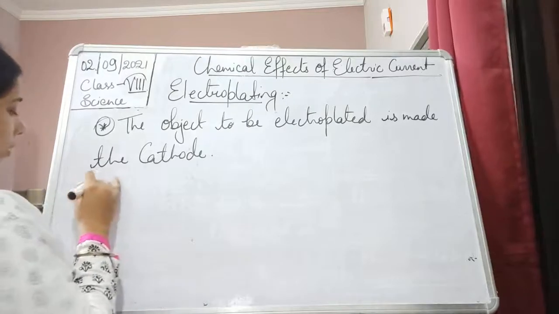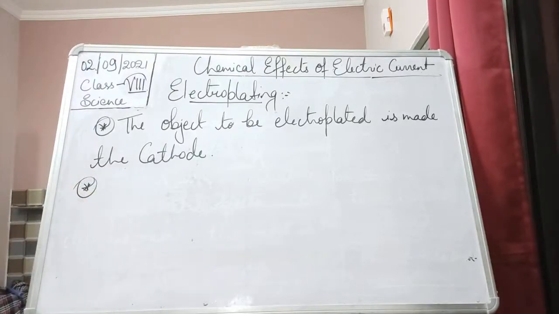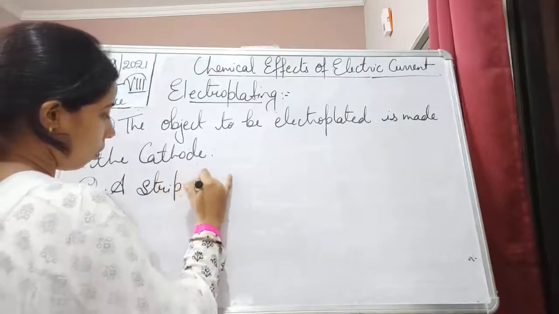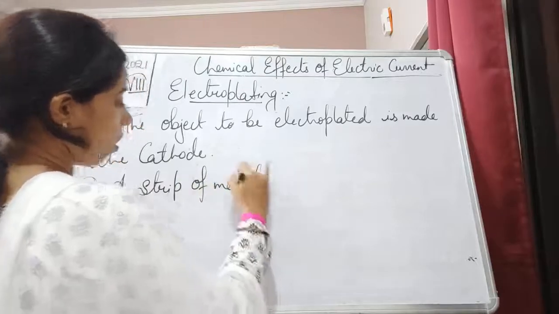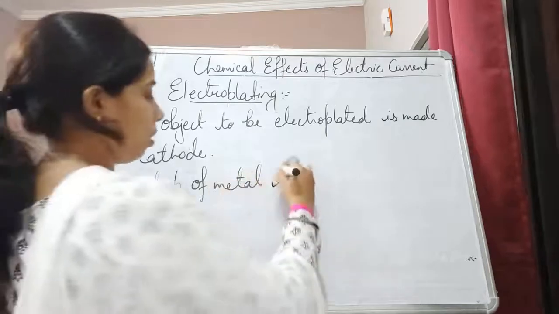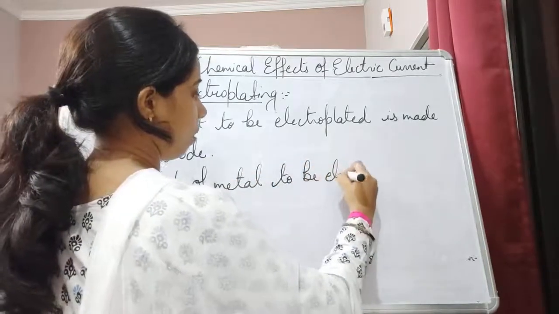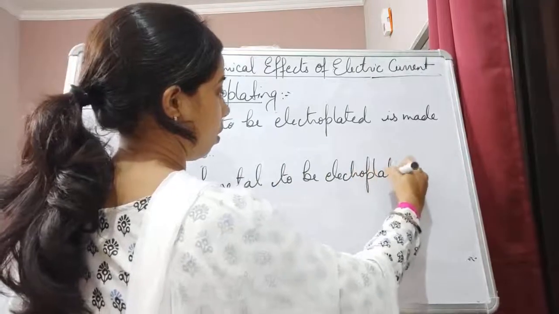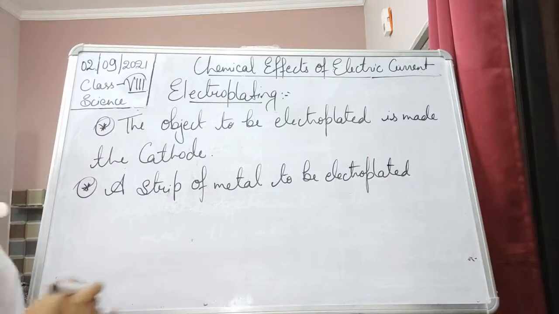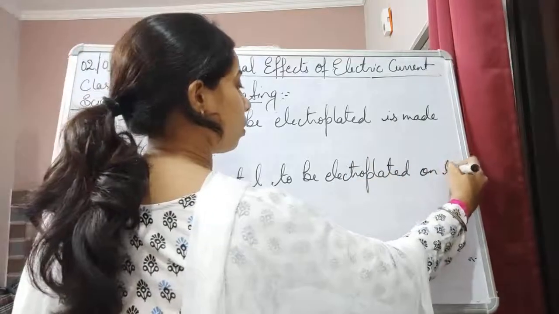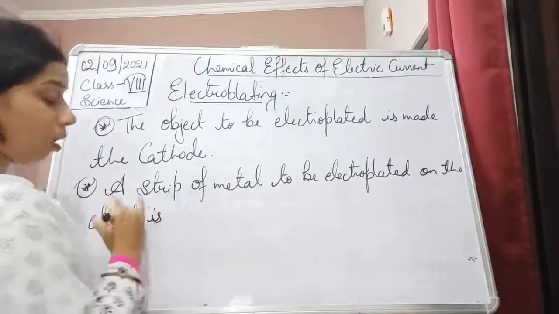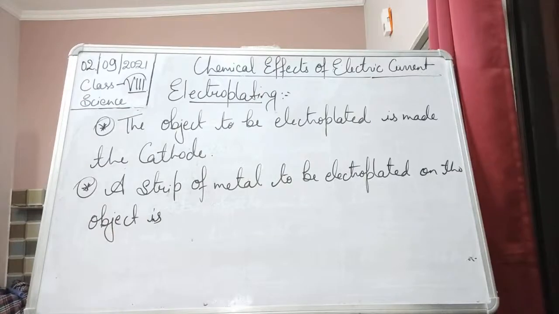Second, a strip of the metal to be electroplated on the object is made the anode,